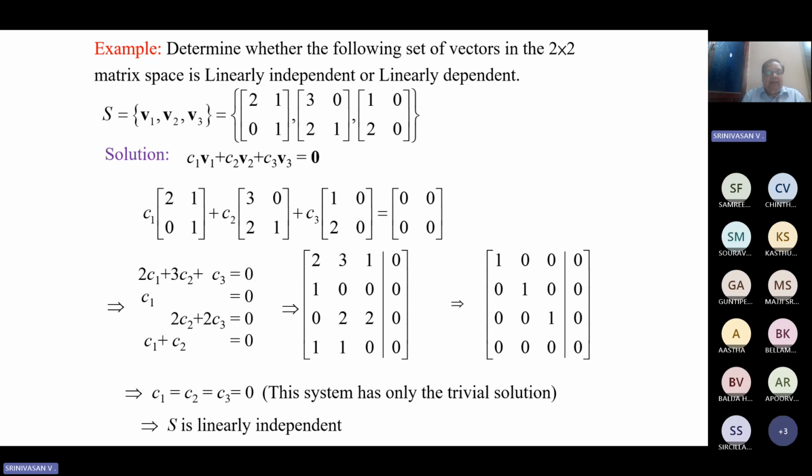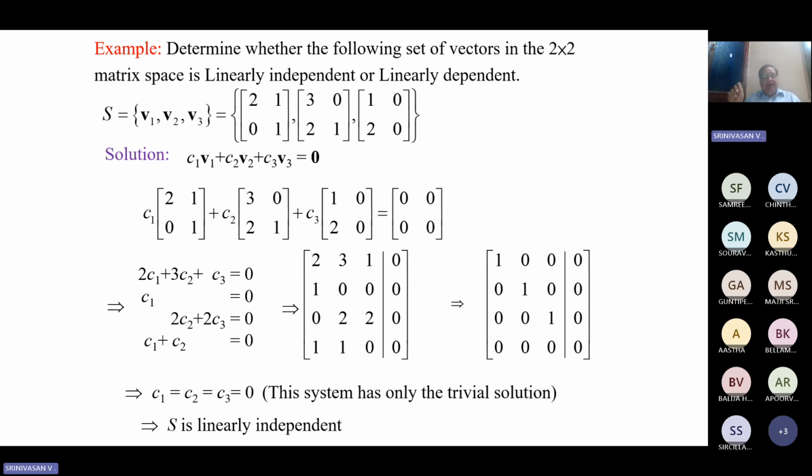Another question. Determine whether the following set of vectors in the 2 by 2 matrix space is linearly independent or linearly dependent. That is, each of the vectors is here represented as a 2 by 2 matrix. Remember, vector elements can be